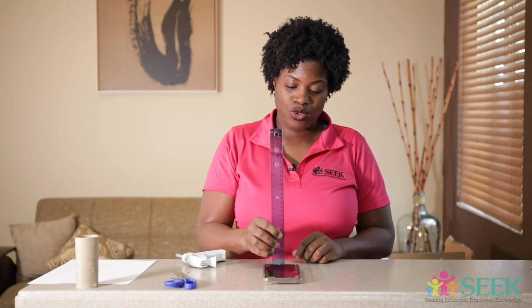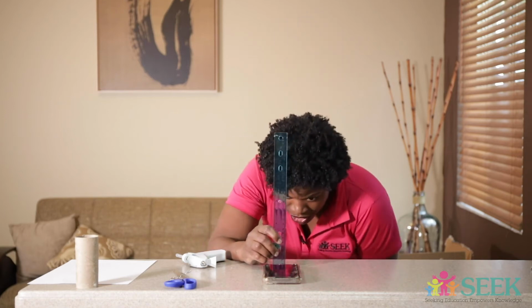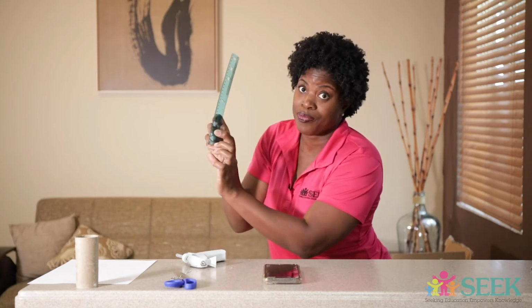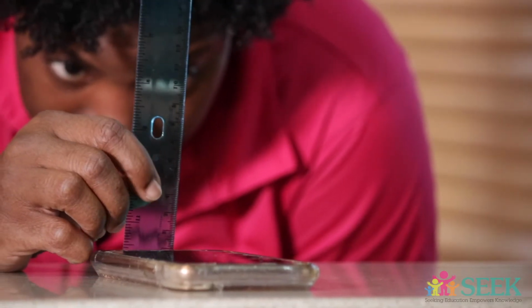So I am going to measure the height with my phone laying down. And my measurement is, remember, you got to start from that line that says centimeters. Sometimes people will put the ruler down and there's an empty space there. That empty space, just keep in mind. So my height is